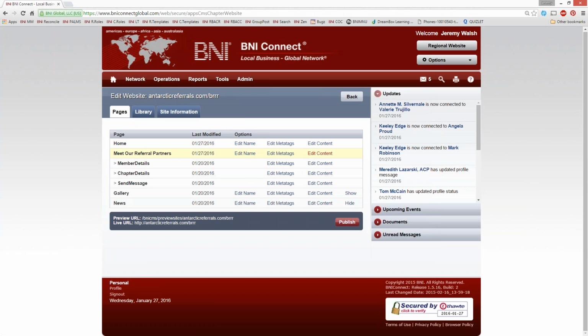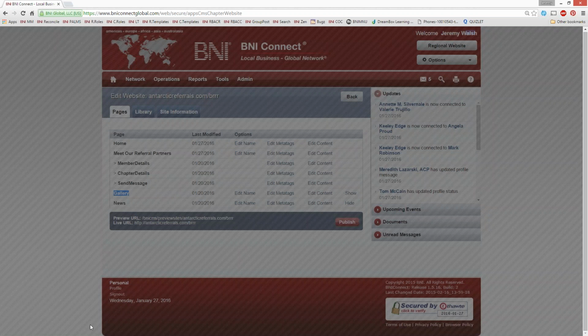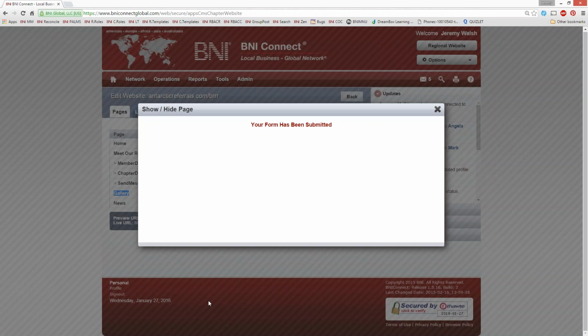And then we have edit content, which we'll get to in a second. But on this one, we also have show and hide. So right now, you know that the news is viewed on the site. We can hide that if we'd like to. And the gallery, which if you remember, the gallery is a photo gallery, a photo library for your chapter. If I want that to appear, I click show. And once I show that,